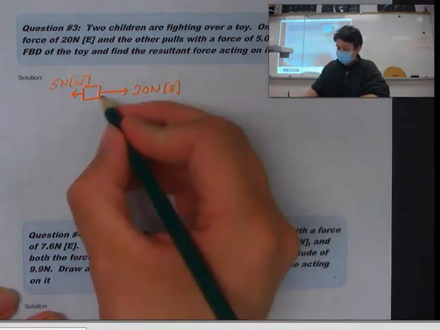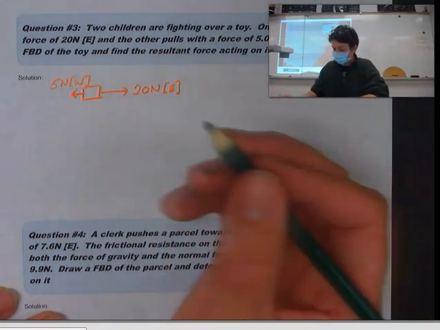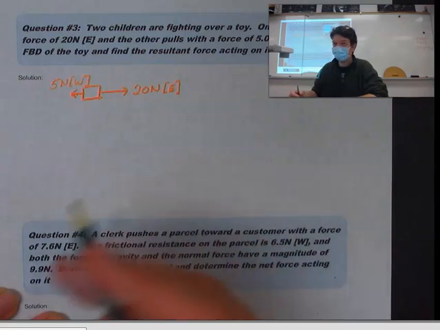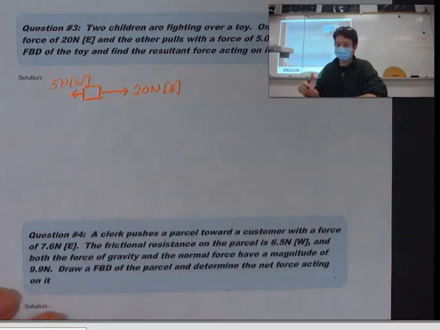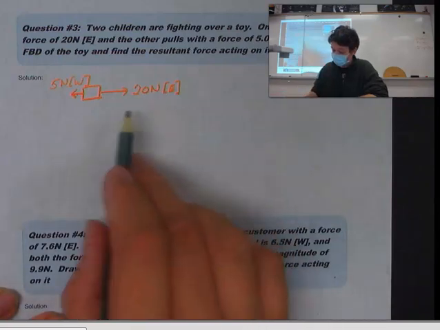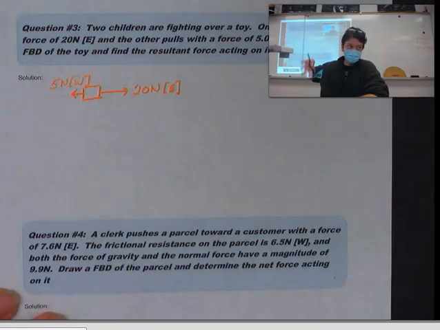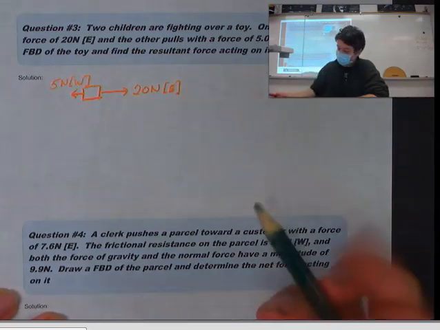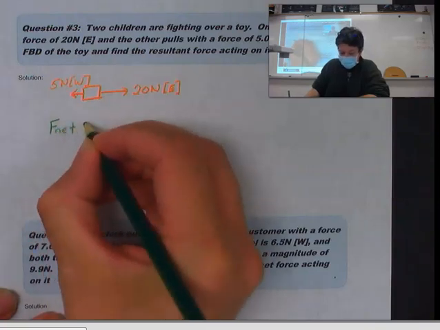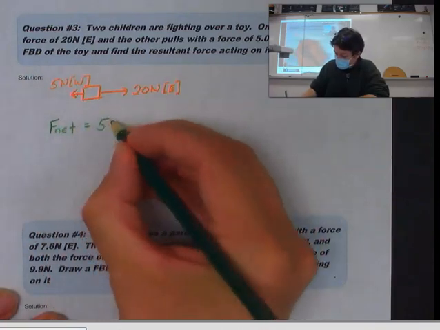Now, if you want, you can add the gravity and normal force, but in this case, we're not going to, because they're not really going to help us answer the question, because they're just going to cancel. Remember, everything acting in the vertical does not affect anything in the horizontal. So to figure out our net force, we're just going to add these 2 forces. We have 5 newtons west